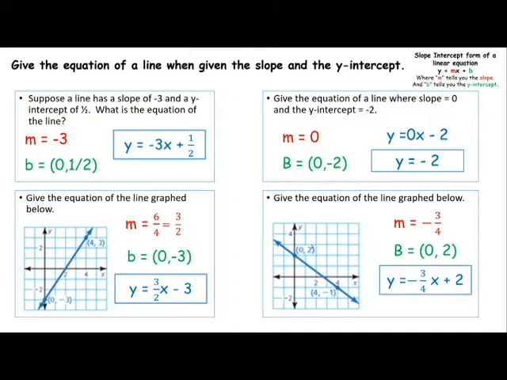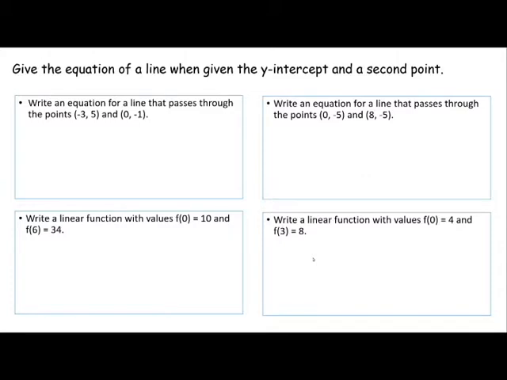Here's one of the reasons why we like the slope-intercept form so much. Because if we get a graph, it's very easy to come up with the equation. If we have the equation, it's very easy to come up with the graph. What I do want to do today, though, is stretch this just a little farther and show you some other ways you can find the equation of your line